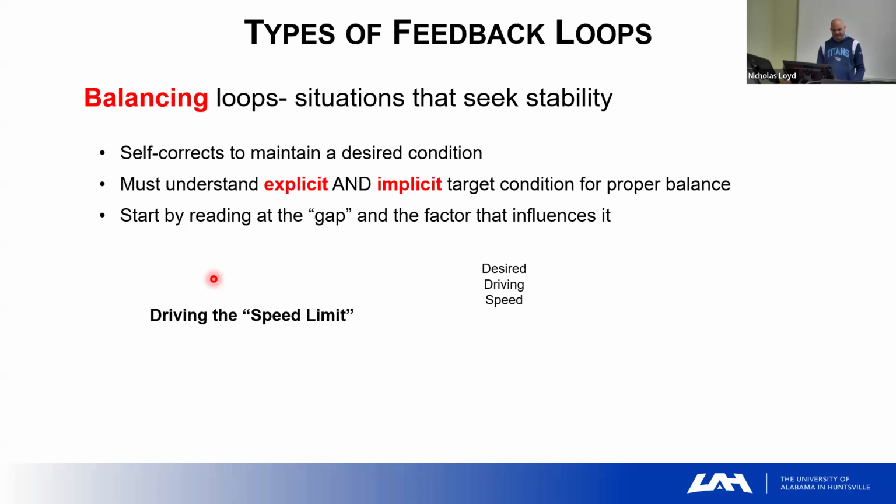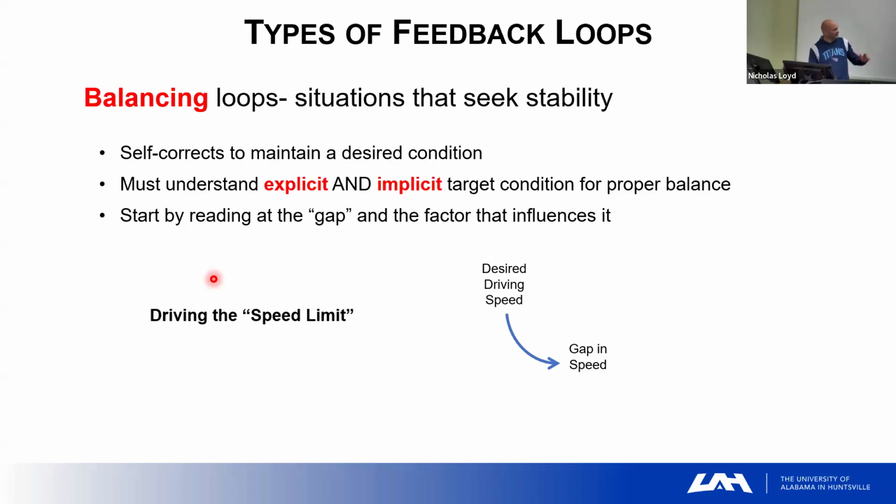So in a balancing loop, we're trying to keep things consistent. The example there is, let's say I'm trying to drive the speed limit. I'm trying to drive a consistent speed. I'm not trying to increase or decrease speed. I'm trying to stay at a steady rate. So my desired driving speed, the speed limit, however I define that, whether it's the speed limit on the sign or it's, hey, I get plus 10 miles an hour or whatever's on the sign, whatever my desired driving speed is,